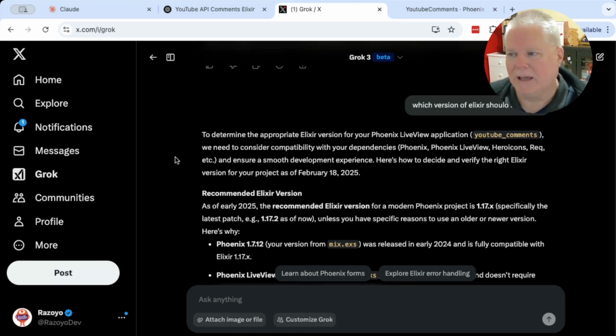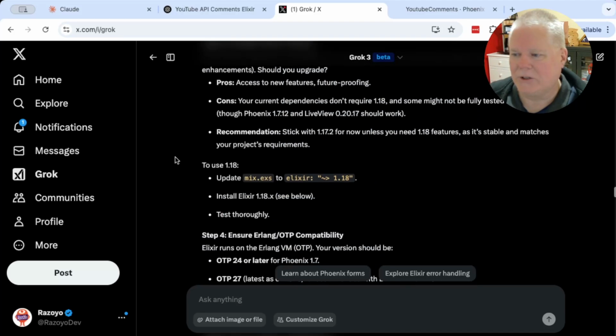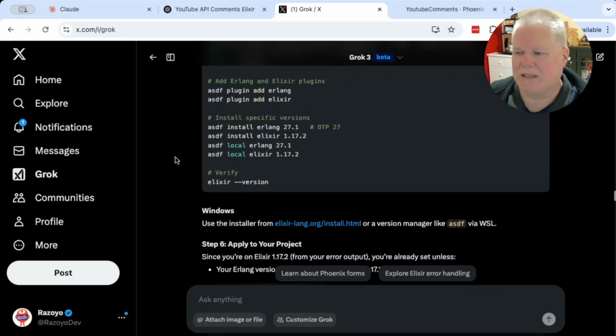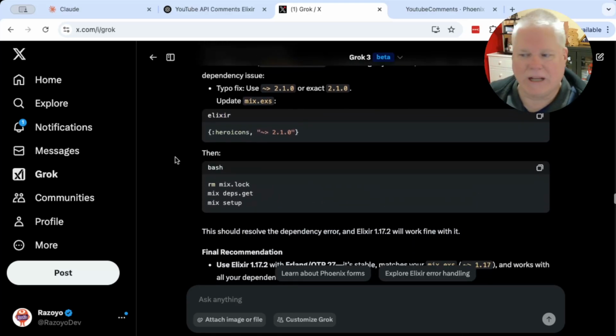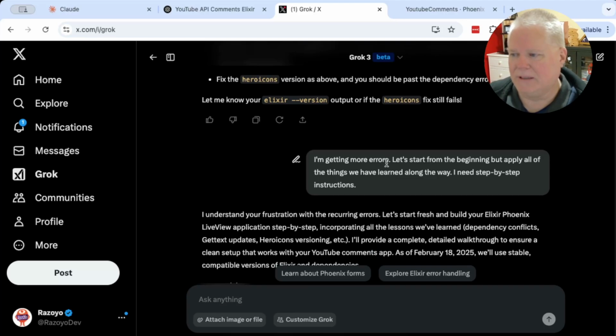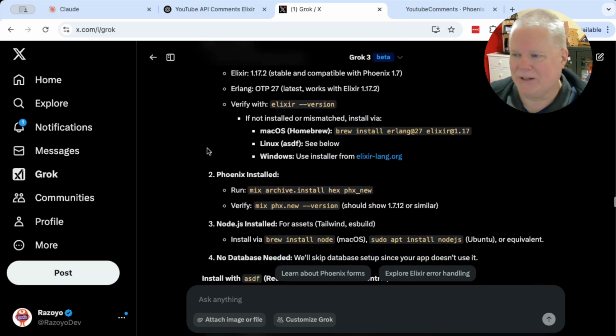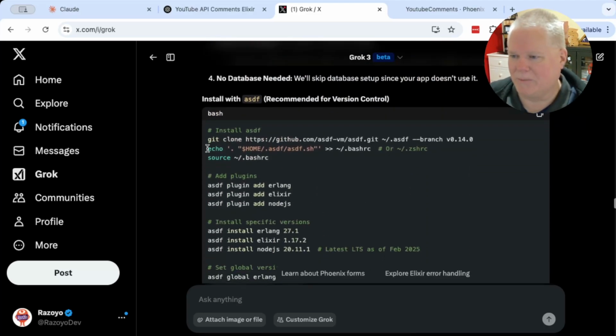But when I came back after 4 or 5 different rounds of troubleshooting and errors, I'm worried that maybe I made a cut and paste error or I've missed something. And so I finally say, look, what should I be doing? Give me step-by-step instructions, including everything you've learned to this point, to get me to bright. And so finally, it recognized my frustration, which I wasn't really frustrated. I was just trying to be clear.